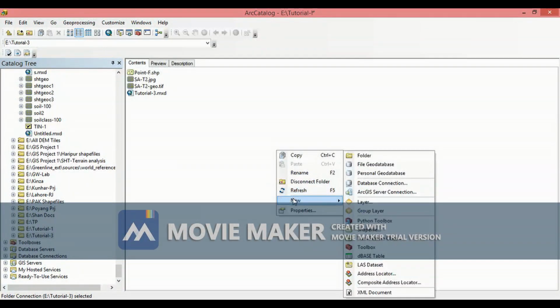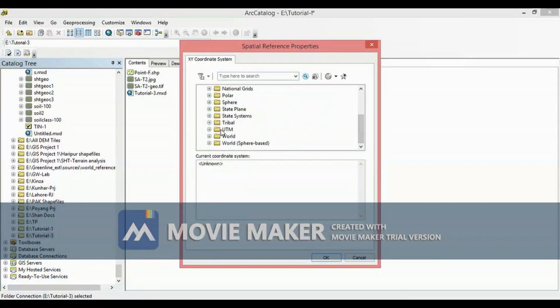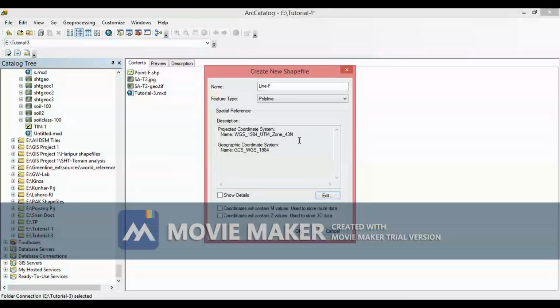Now you have to follow the same process. Right click on the content area, go to New, and then left click on Shapefile. Now you have to choose polyline from the drop-down list, and you can write any name which you want to keep related to your shapefile. You have to choose again the same coordinate system, because in the same project you will use the same coordinate system for the alignment of all the layers of this same study area. If you by mistake choose the wrong coordinate system, your data will not be created properly or georeferenced. You cannot even create a geodatabase